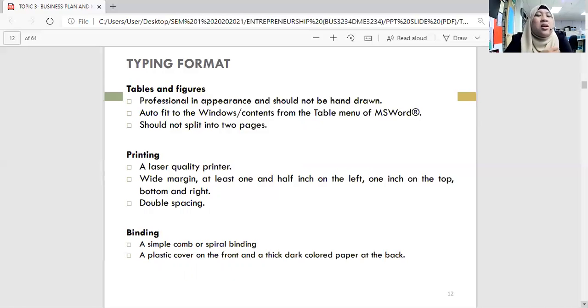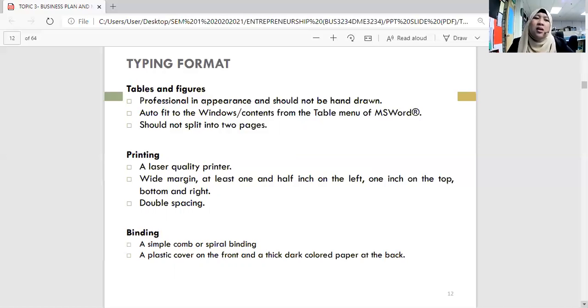Okay, yang dimaksudkan tidak boleh dibahagikan, kalau you ada first table and then you nak tiba-tiba ruangan you tulis and then termasuk ke page yang kedua, tak boleh. You have to make it one. Okay, so the table should be in one page, not 2 pages. Even though you have, let's say, 2 tables, first table should be in the first page, second table will be on the second page. It depends on how you resize it. Macam mana you letakkan size dia lah. You kena pandai sikit lah.